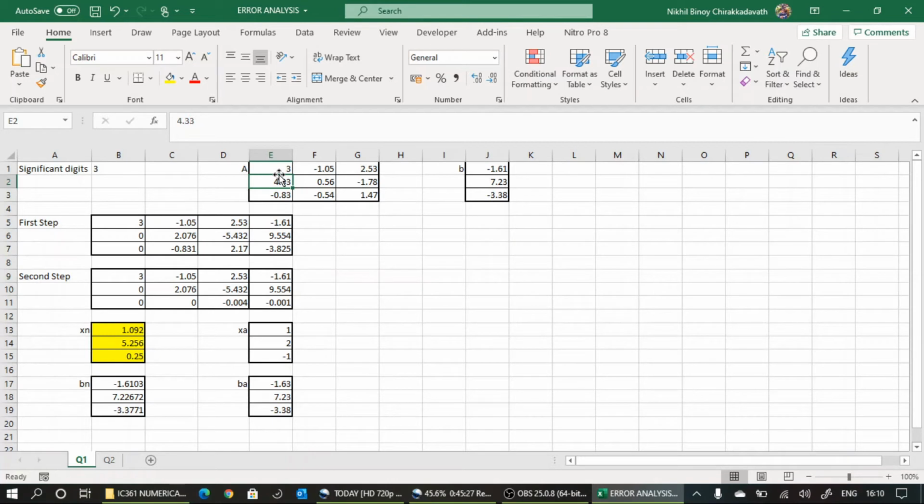That is why the small change in A is scaled this much. This much scaling occurred due to the determinant of A. So the determinant of A is very, very small, and that is the reason. What does a very small determinant mean? It means the given system is almost singular, very close to singular. It is not singular because we are able to find the solution, but it is very close to singular.